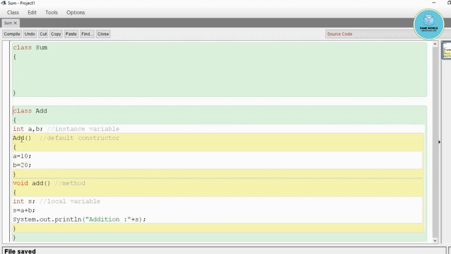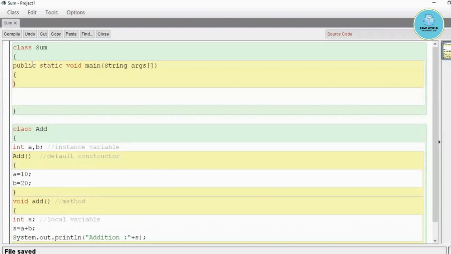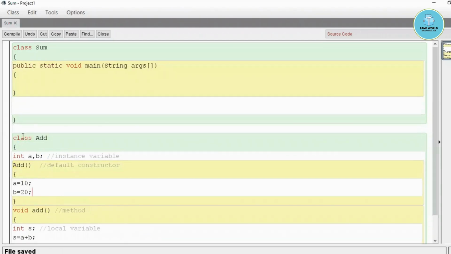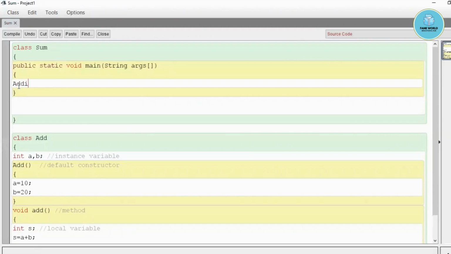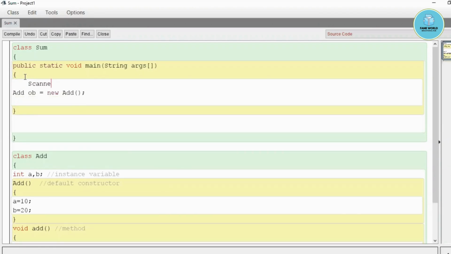Now we have two classes. This is our other class, and this is our main class, because the name of the file is this name. So I'm taking public static void main, and I'm taking String args. What I will do now is make the addition from this particular class in this class. So I will take this add, and I'm creating an object of this add. And yes, this is the default constructor. Similarly, as we do for the scanner class, if you remember, we take a scanner, we take the object name, suppose sc, equals new Scanner. This we do when we are taking the scanner class.